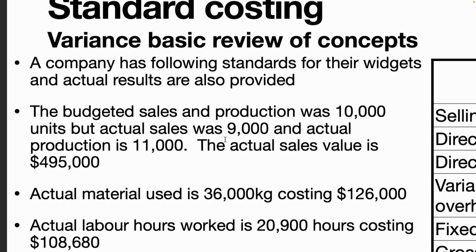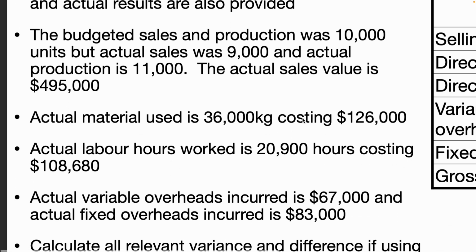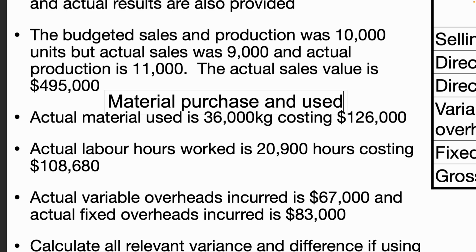The actual sales value is given to you, 495. Actual material given 36,000, costing so much. Actual labor hours worked is so much. Now, you do need to be aware that in some exam questions or scenarios, you might be given material purchased and used. If that's the case, you have to split the calculation for price variance and usage variance. Same thing, you may have been given labor hours